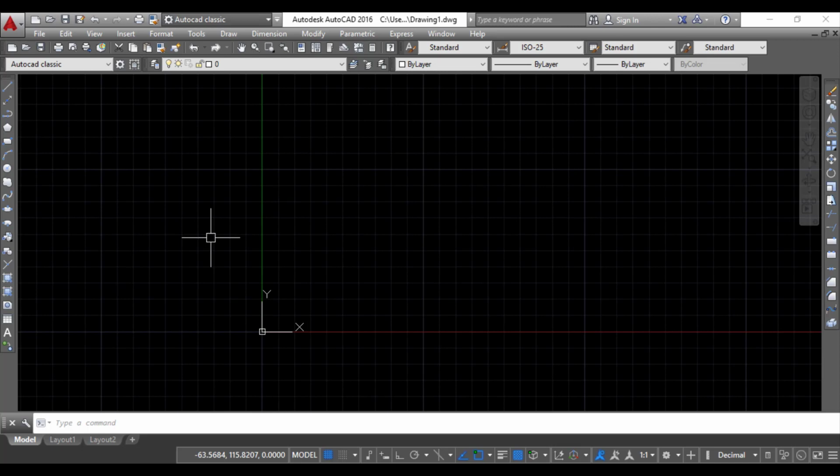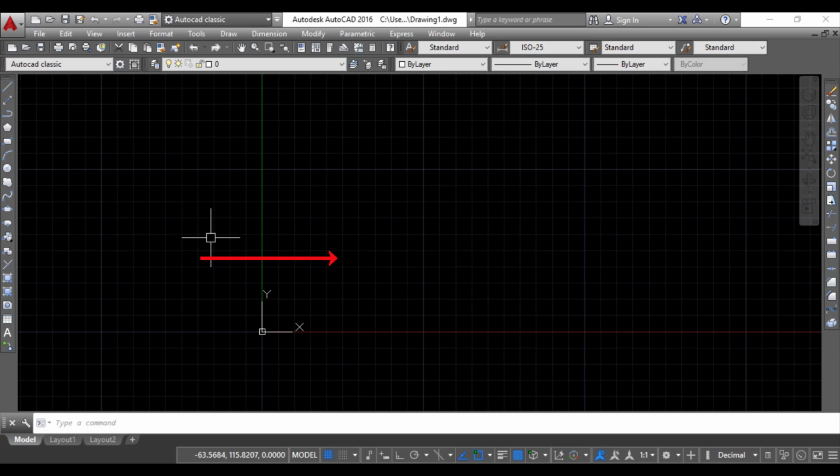Also we can see the dark lines horizontally and vertically aligned in the graphics area. These are called the major axis of the grid lines. And there are light color lines in between two major lines. These are called the minor axis lines or the grid lines.